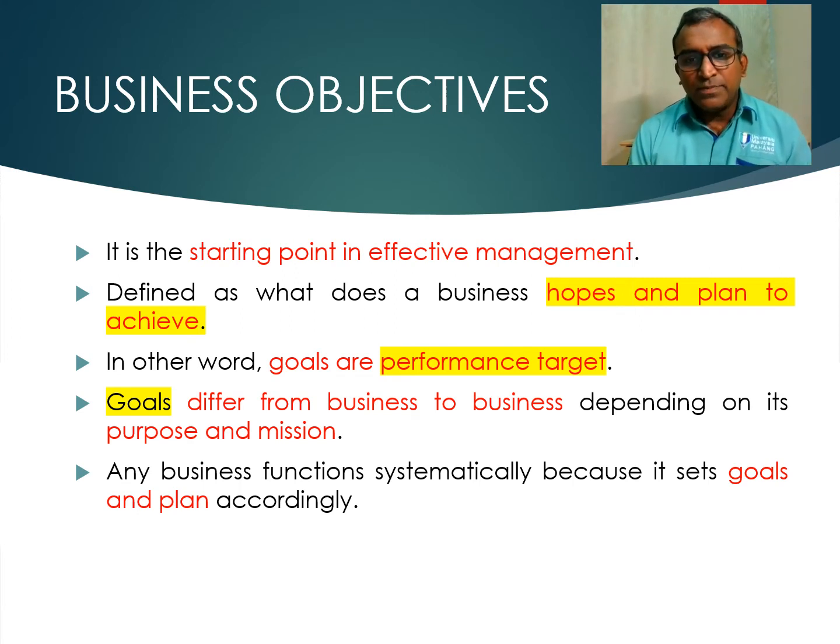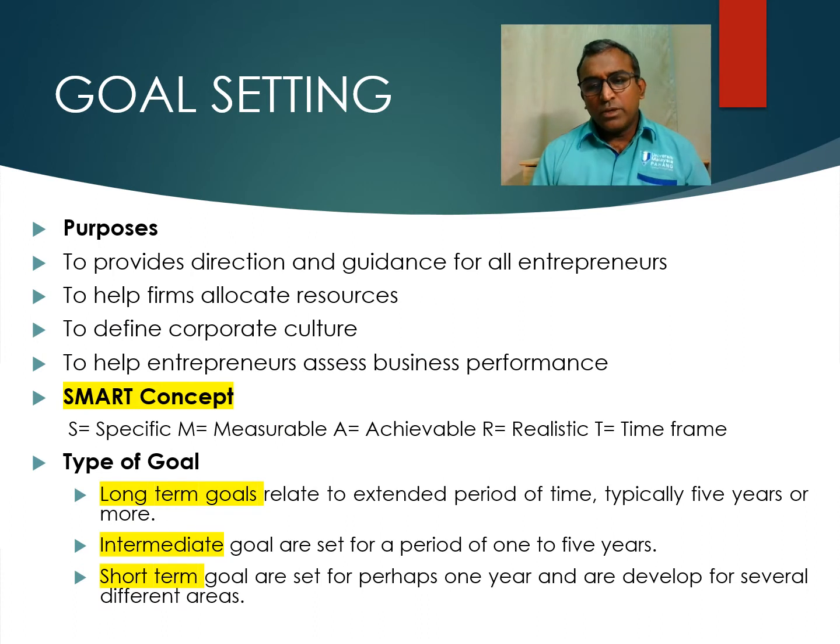performance target in place. Okay, and goals differ from one business to the other. Maybe service kind of business have different goals, while product manufacturing types of business will have a different goal altogether. So, when you have an objective for a particular project in that company, obviously you also need to make sure it is in line with the goal, and the goal needs to be SMART, which has a measurable objective, or time